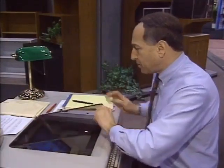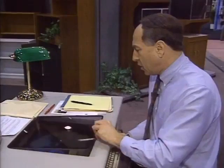This is the ProView desk on display here at the Consumer Electronics Show. It's a different way of working with your computer. The CRT is buried underneath the desktop, and you look at it through this glare-free screen, which is part of